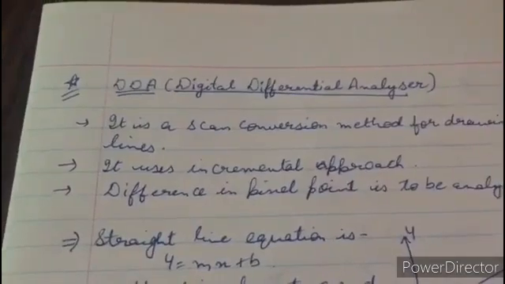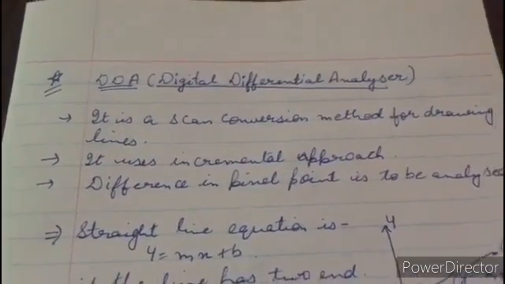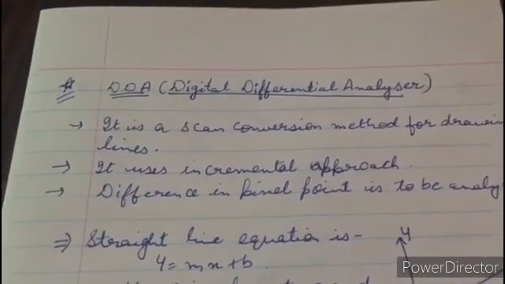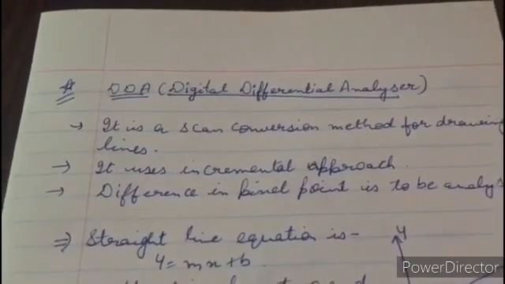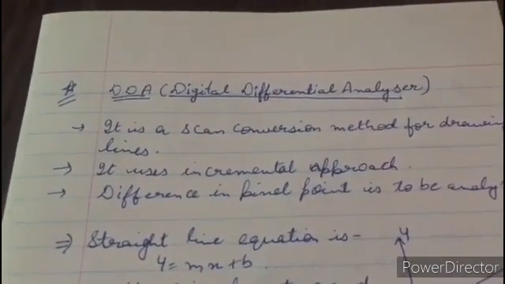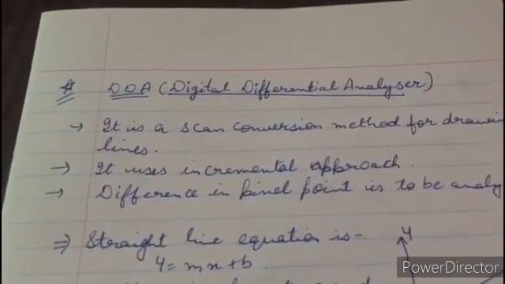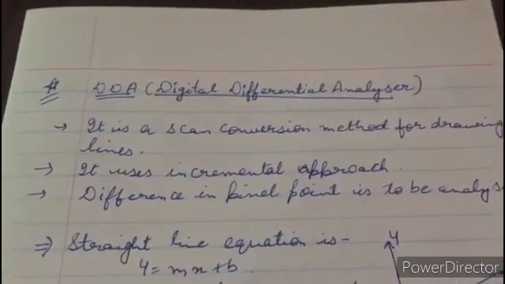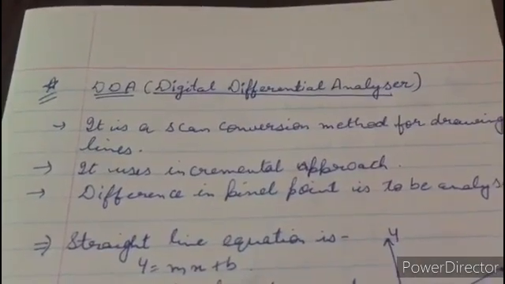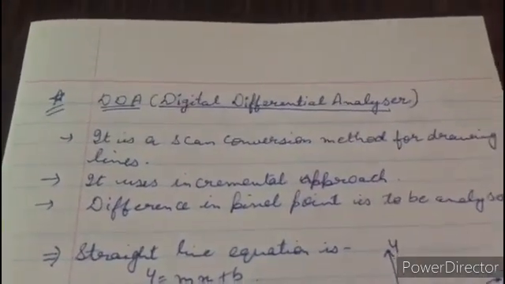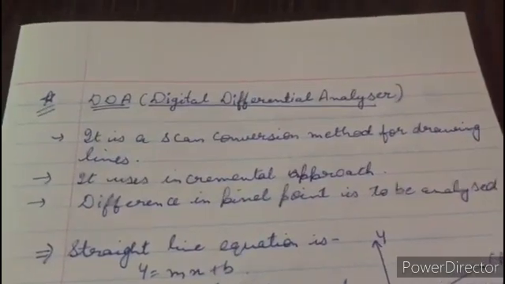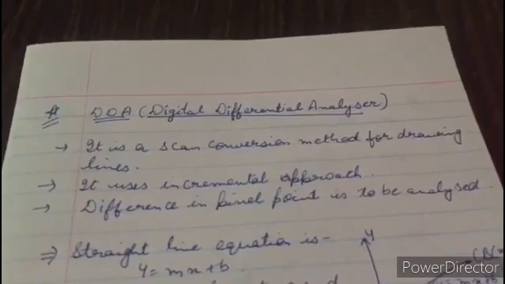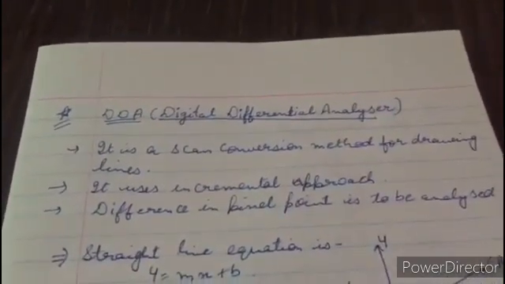We already had a discussion about the line function in the class, right? At that time I told you that the line function which we are using in the program is an inbuilt function, where we are only providing the coordinates of the line. And what are the coordinates? That is x1 y1 and x2 y2. We also know that to draw a line we need only 2 points, that is x1 y1 and x2 y2. Clear? Through the DDA algorithm we ourselves are going to develop a line code.